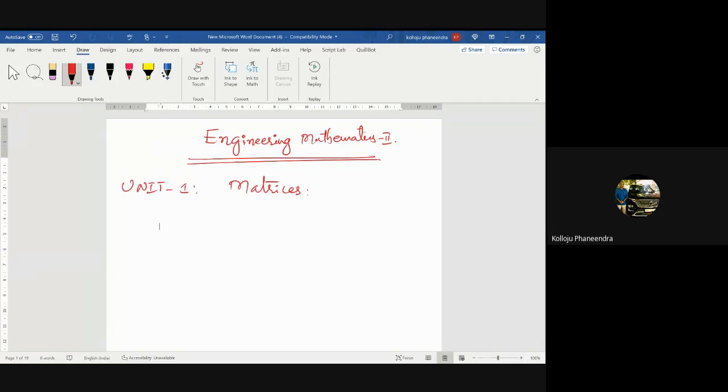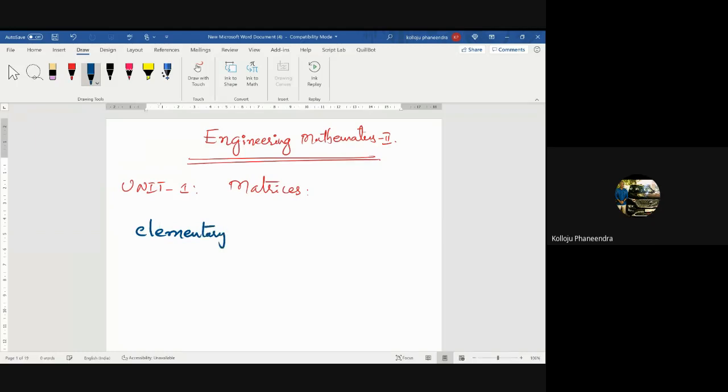Okay, in intermediate level, you learned about matrices, properties of matrices, addition, subtraction, multiplication, inverse of a matrix, next determinant, adjoint of a matrix, and A inverse equals what? A inverse equals adjoint A by determinant A. Another method to find the inverse of a matrix is Cramer's rule, right? All these are there at intermediate level. Now, at engineering level, beyond that, the first topic in the matrices chapter is elementary transformations.